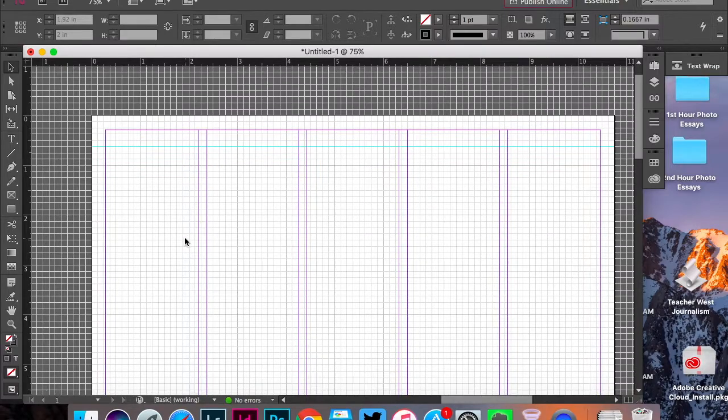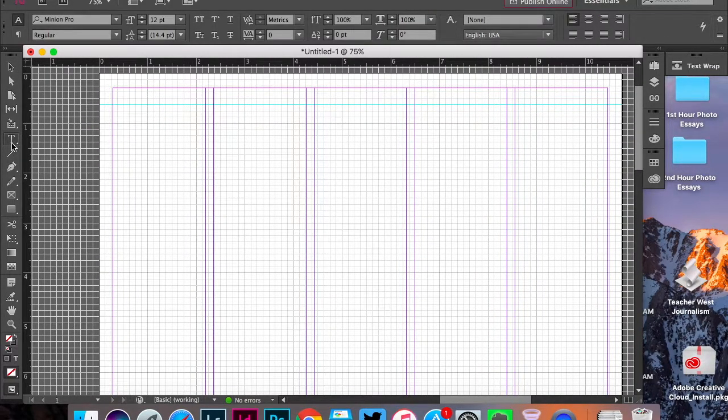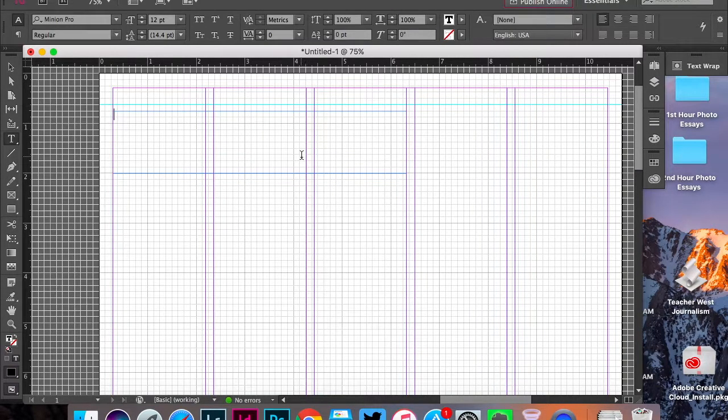And the first thing that I need to do is build a headline. So I'm going to use my text box, and I'm going to start one pica underneath this line and draw a text box that's about 1.5 inches. I'm going to just actually do 1.25. I'm going to go to that gray line. And then I'm going to write